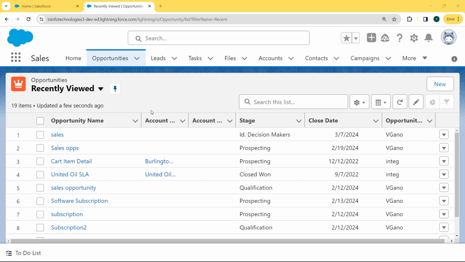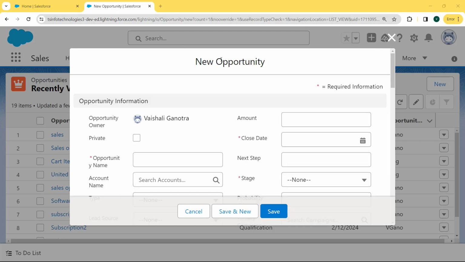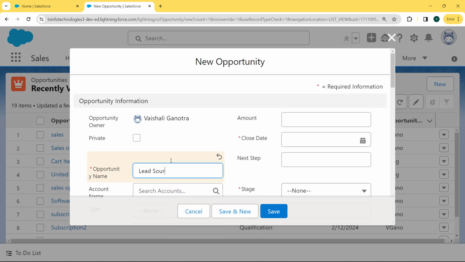Our opportunity record page is open, but we want to create a new record, so that's why we click on the new button. Our new opportunity dialog box is open. Now enter the opportunity name. Here we are entering this opportunity name,